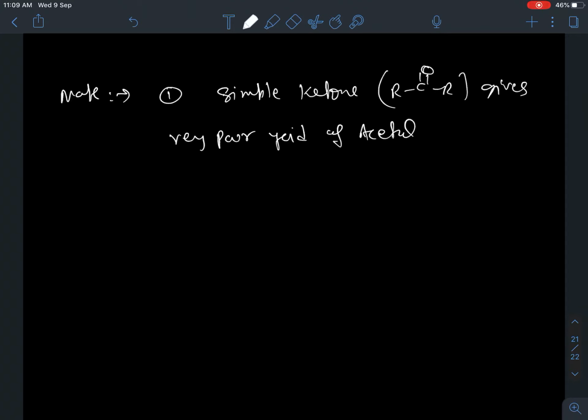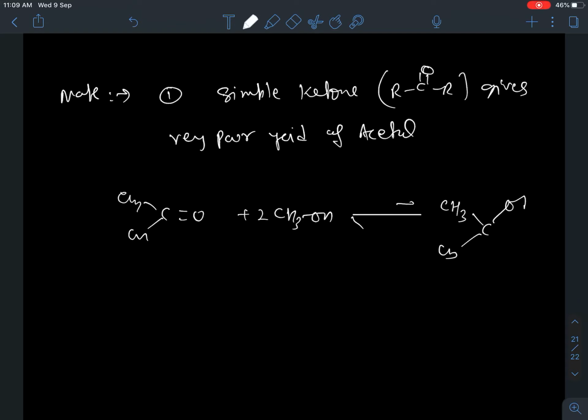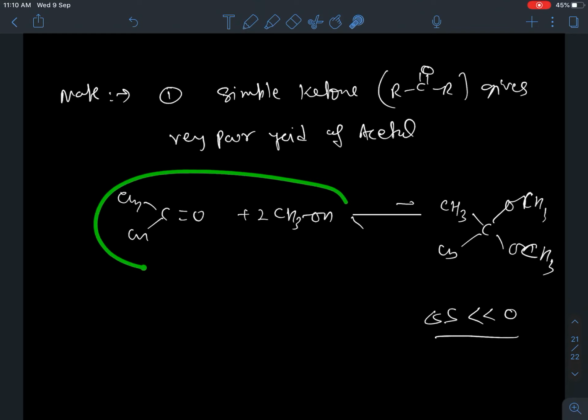क्यों ऐसा होता है आप देखो, खुद से देखो. एक तो क्राउडिंग बढ़ गया, this is almost here, almost 100% on the left side. So this we don't. क्योंकि ऐसा क्यों हुआ, क्योंकि आप देखो तो डेल्टा एस इज very less than 0, नेगेटिव है. 3 molecule combining and becoming 1 molecule.